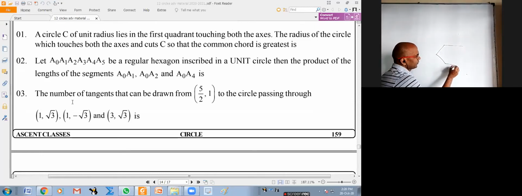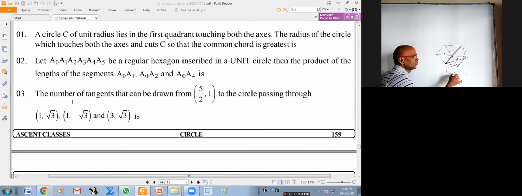You have a hexagon where all sides are units. This is all one. Now they want this length, this length, this length. You know, this is 1 unit and this will be 2 units. This is a right angle triangle and this is 1 unit, so this will be root 3. Or this is 1, this is 1, this is 120, also you'll get root 3. Simply you can use cosine rule. Or even from the figure you can do 1, root 3 and 2.